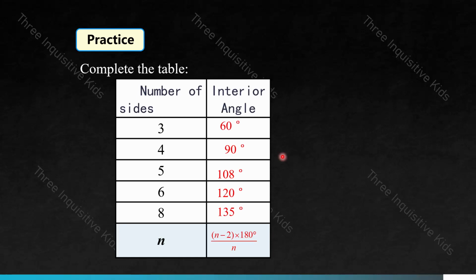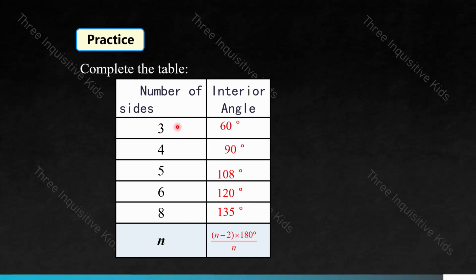Assuming that it is a regular polygon, for a triangle, which is a polygon with 3 sides, each angle would be 60 degrees. You may have learned about the properties of equilateral triangles before, that every single equilateral triangle will always have an interior angle of 60 degrees. Now if you are a regular quadrilateral, which makes you a square, each angle is 90 degrees. If you are a regular pentagon, each interior angle will measure 108 degrees, then 120 degrees,